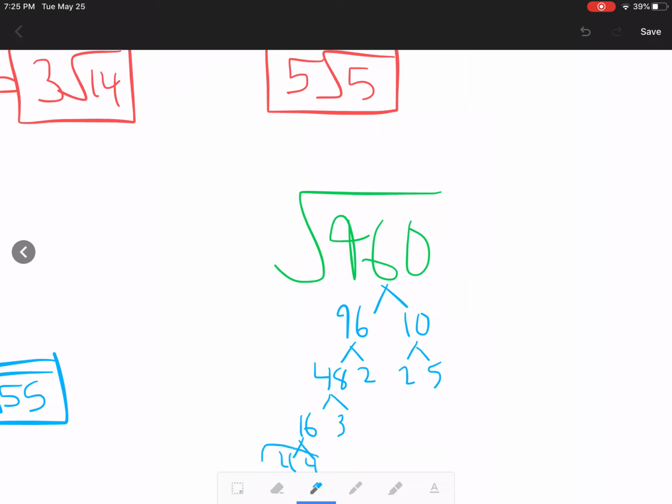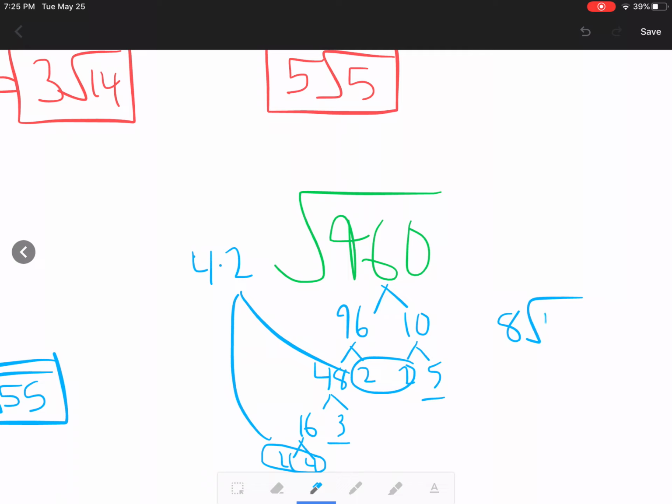Now here's the catch. I know that this is going to be 4 and 4. And so what I can do is take out one of the 4's and one of the 2's, and they're going to get multiplied out here. So I'll have a 4 and a 2. That's going to give me 8 plus everything else that I have left. So I will have 8 square root 15. And that is how we